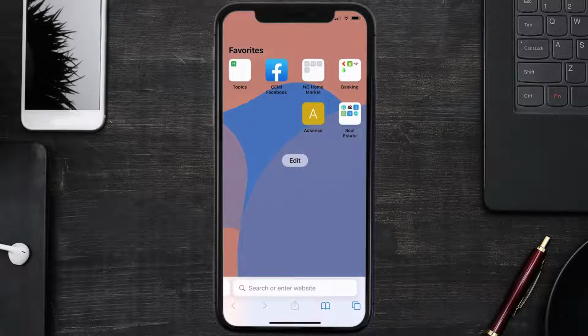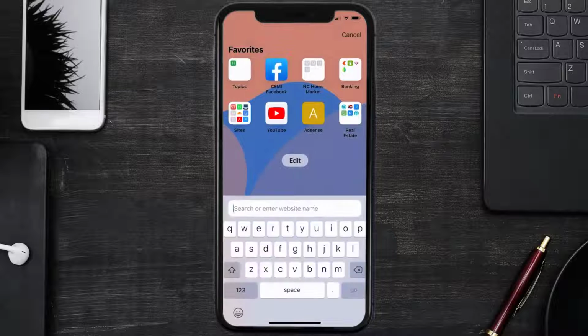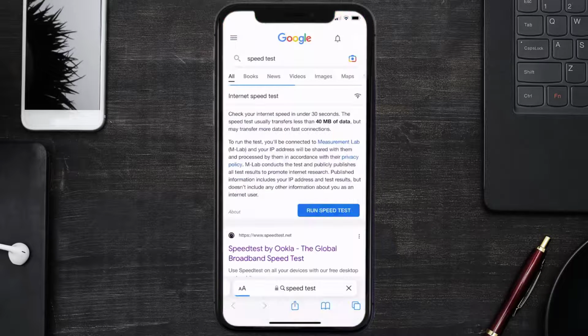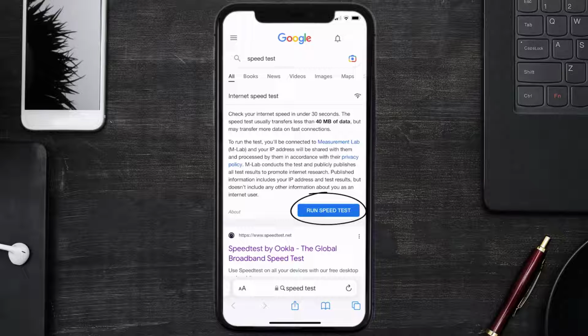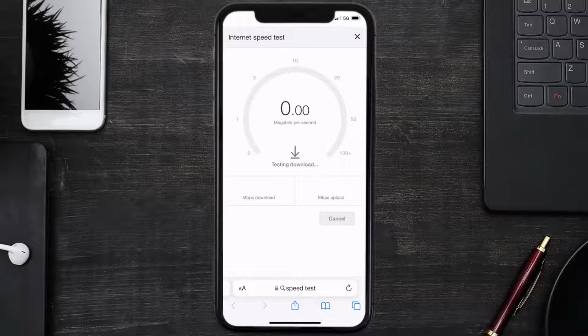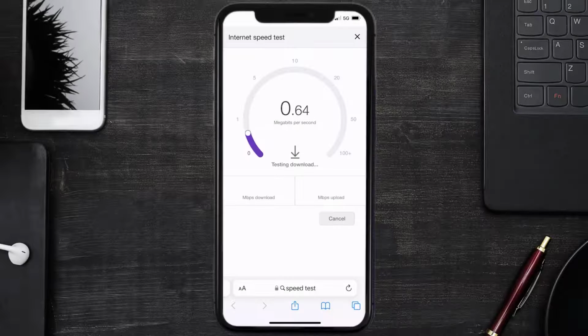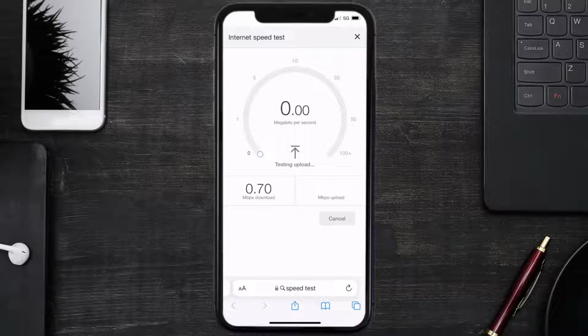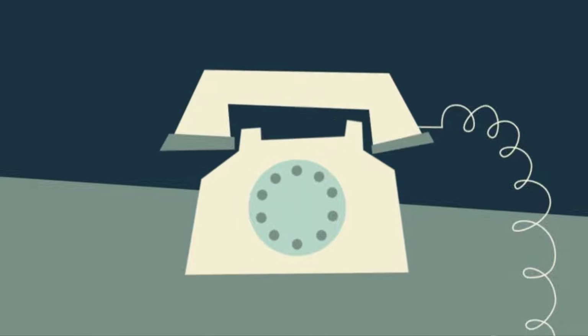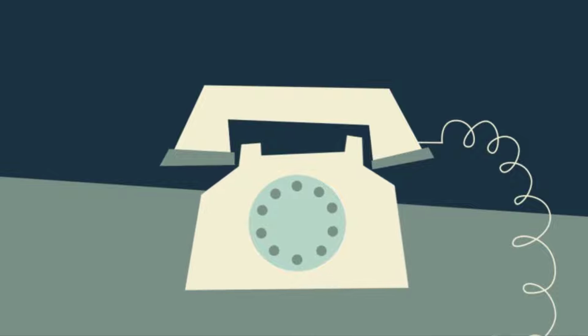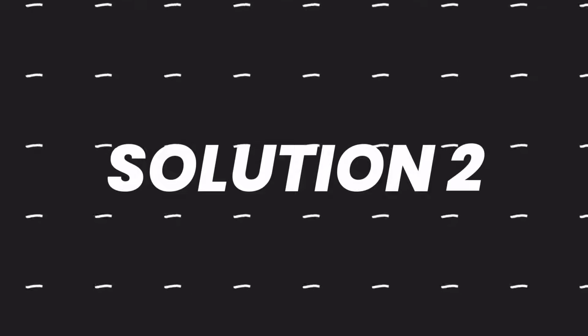Open up Safari browser on your mobile device and then search for speed test right over here. Here on this page, you need to tap on Run Speed Test. The minimum speed required for HP Smart App is usually 2 to 3 Mbps. So if it's anywhere near or above this number, that's fast enough. If your internet speed appears to be unreasonably low, then you may need to contact your internet service provider for help. This should fix the issue, but if it doesn't, then you need to make sure you're running the latest